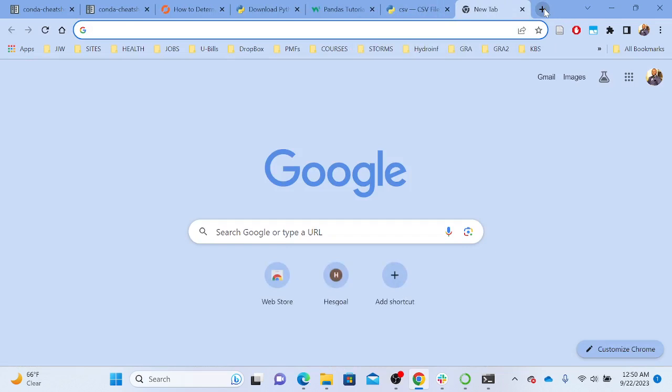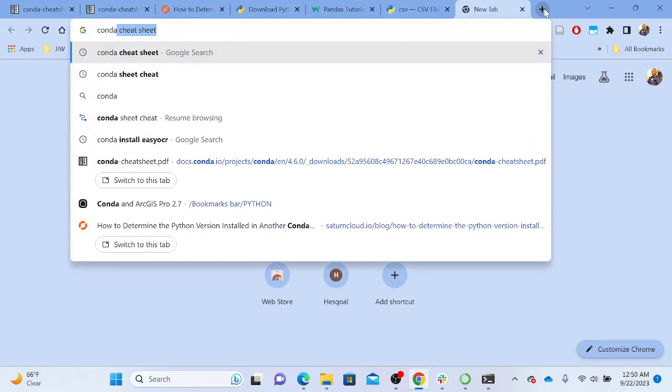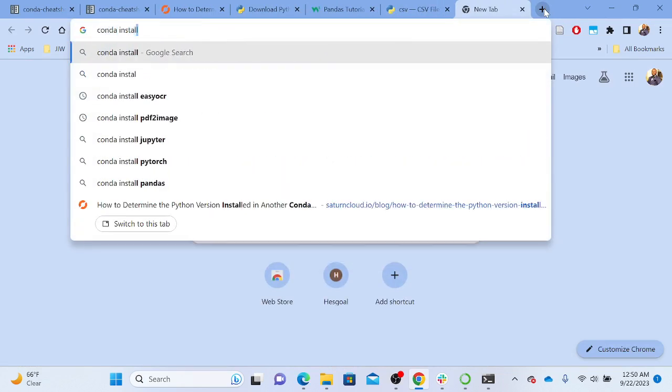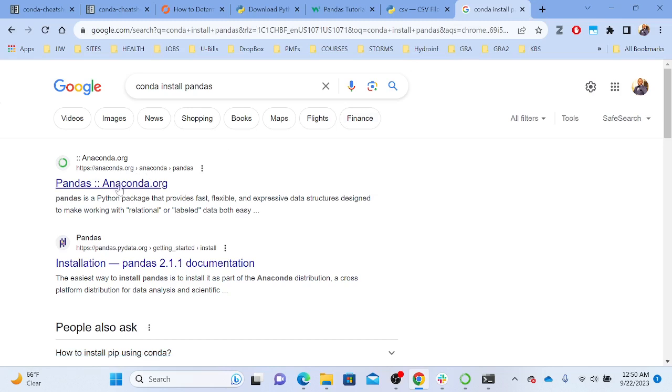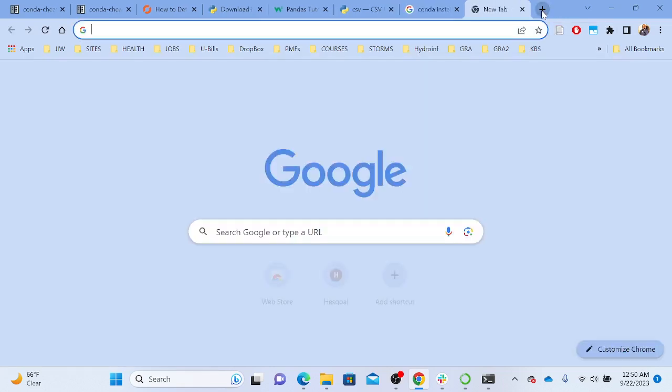So you go to conda. I usually just say conda install, then I'll tell you the name of the package. Conda install pandas. When you see this first one, it has to be anaconda because we're using the anaconda interpreter. So I'll make sure it has anaconda.org in it. Or we can go to anaconda.org